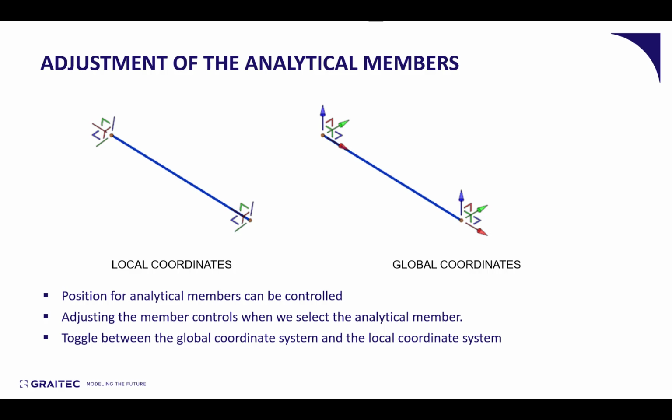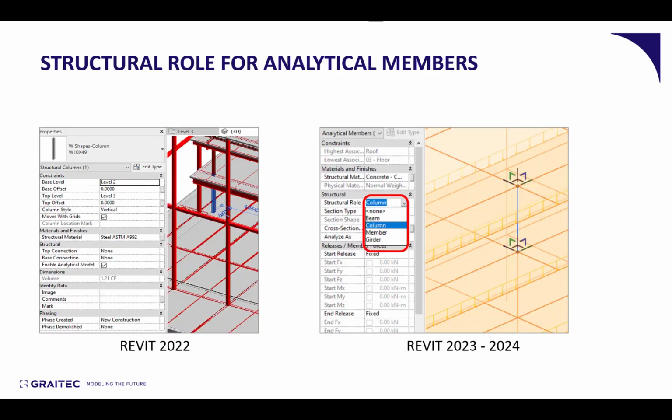Because those two models are now dissociated, engineers can manipulate the analytical model without any impact on the structural drawings, because the physical model will not be changed by anything that happens in the analytical model. A new concept now available to create a clear distinction between those members or panels, which are the two new concepts Revit relies on to build an analytical model, is this concept of structural role.